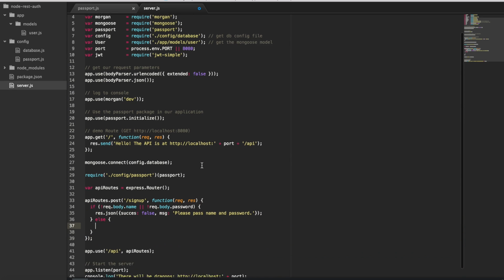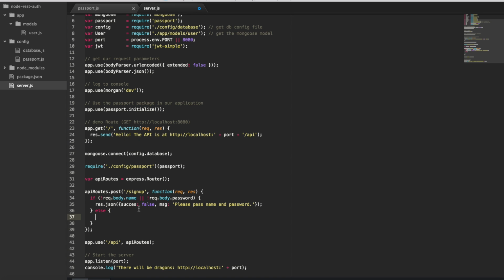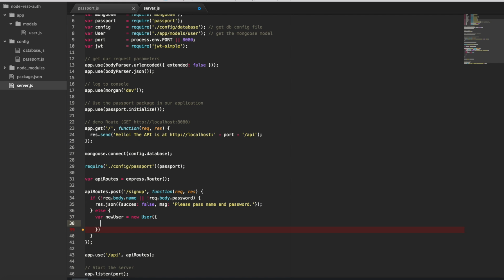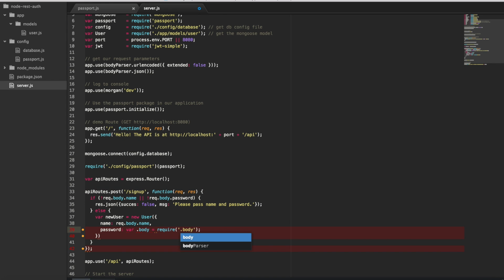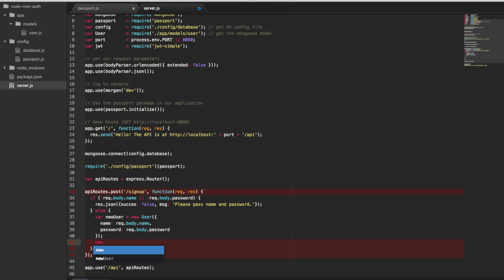But if we can find the name and the password inside the request, we will try to create a new user, and we will pass the name as request.body.name, and the password should be request.body.password. So this is our new user object we created. We now try to save this,